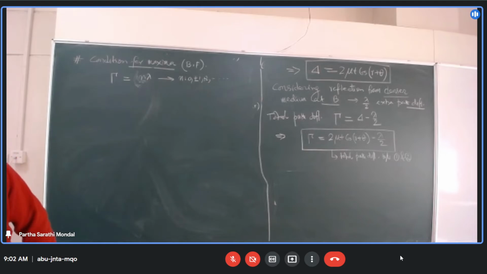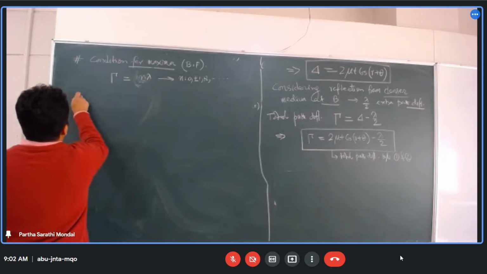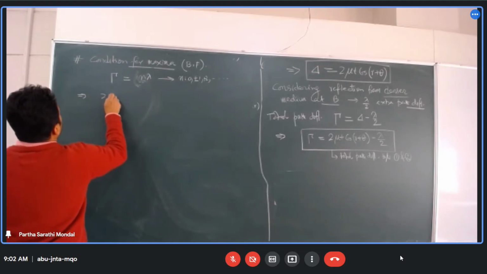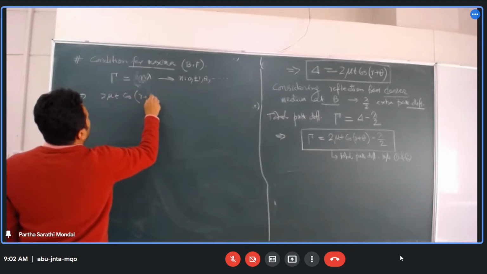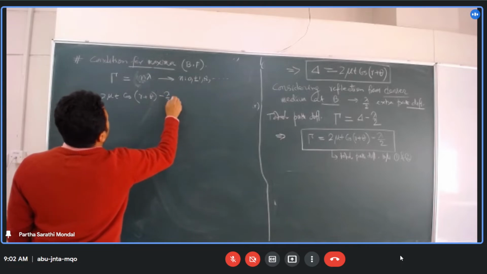So now if I put the value, 2 mu t cos(r plus theta) minus lambda by 2 equals